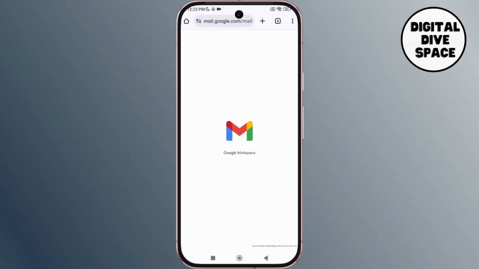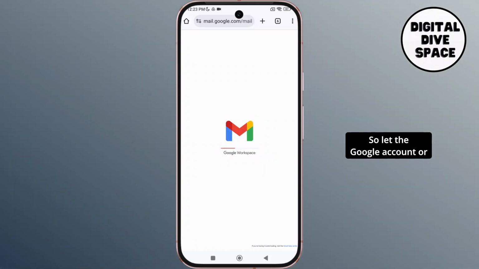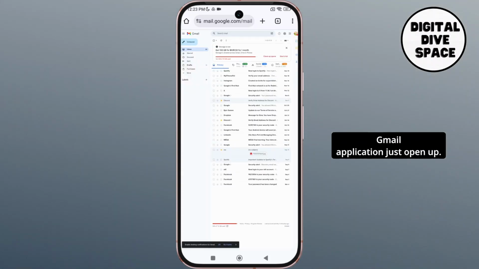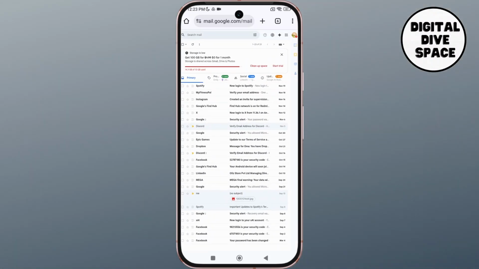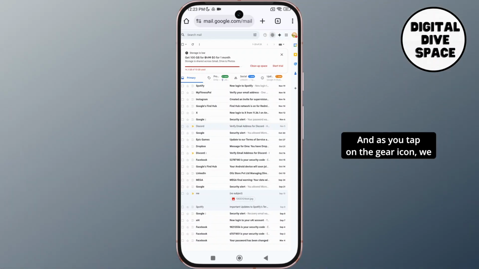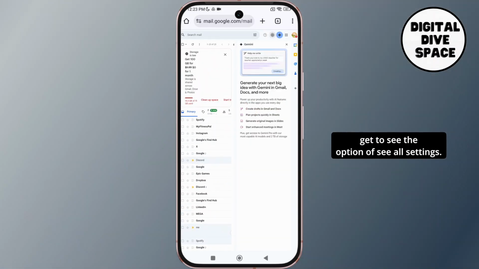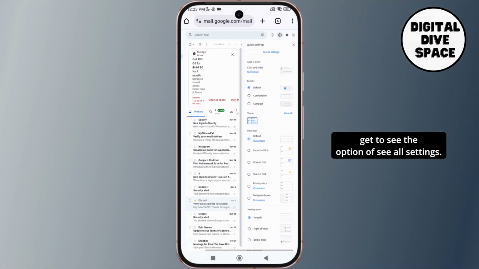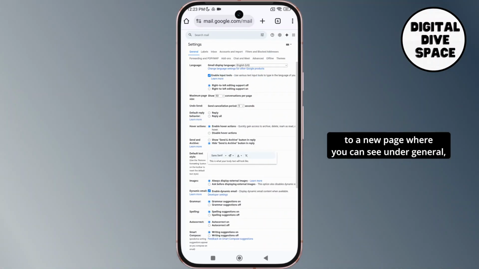of the screen. So let the Google account or Gmail application just open up, and here you can see the settings. So let's tap on the settings icon, and as we tap on the gear icon, we get to see the option of See all settings. Tap on See all settings, and as we do that, it will lead us to a new page where you